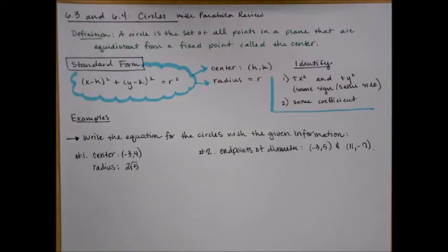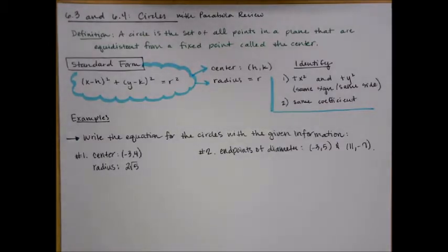These notes are for Honors Math 3, Unit 6 on conic sections. This is objectives 6.3 and 6.4 on circles, and the assignments do have some review on parabolas. So at the top, we start with the definition of a circle, which is the set of all points in